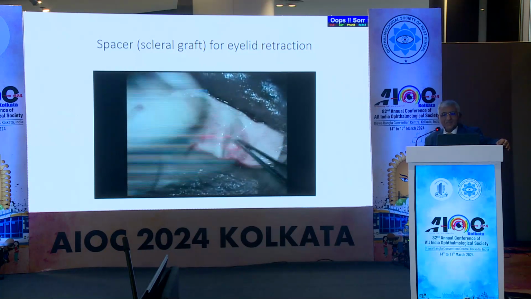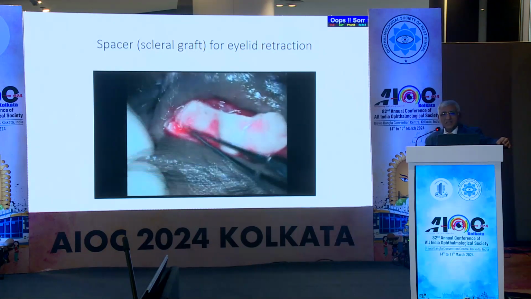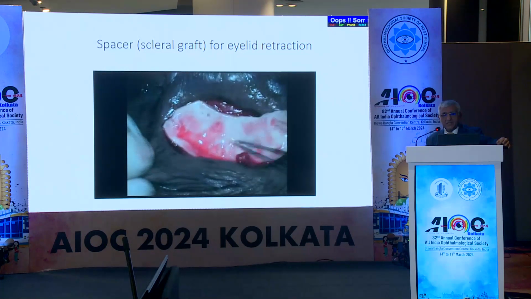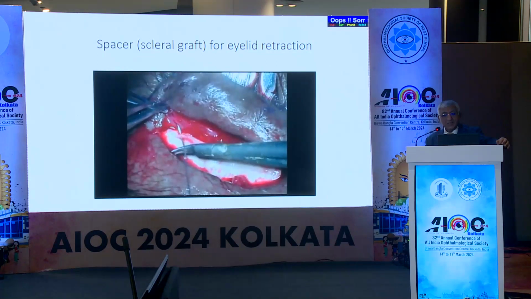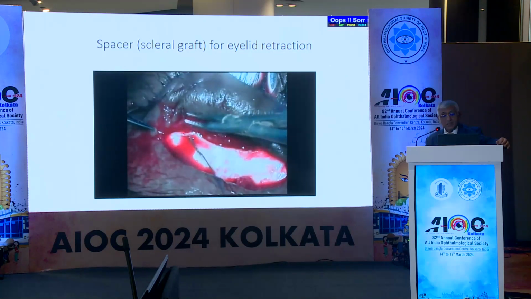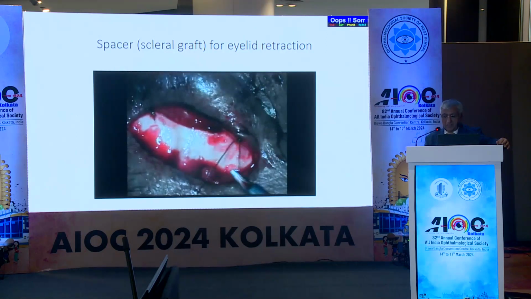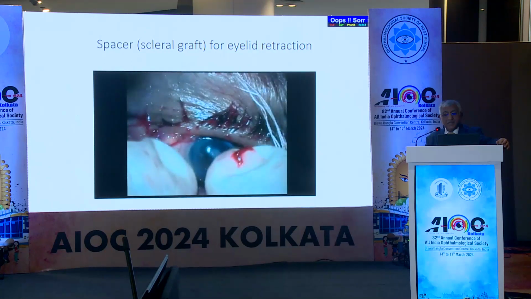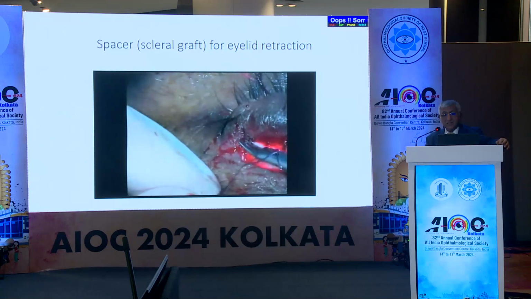Okay, so you have to have the spacer, which, this was a scleral graft, which is about 1.5 to 2 times larger than the correction that you require, and it has to be shaped well, it has to be attached to the tarsus, and it has to be attached superiorly to the recessed edges of the levator, and then again assessment, and then closure of the